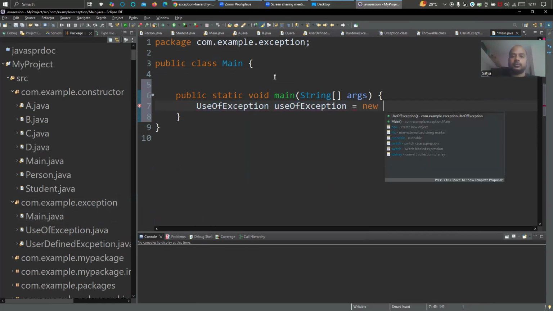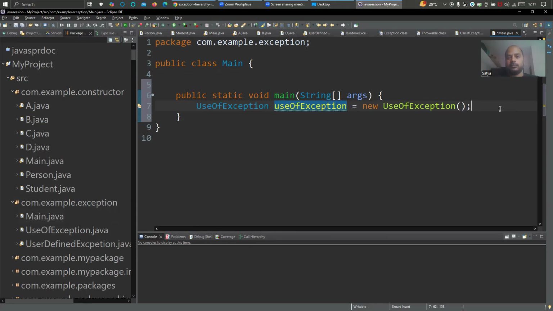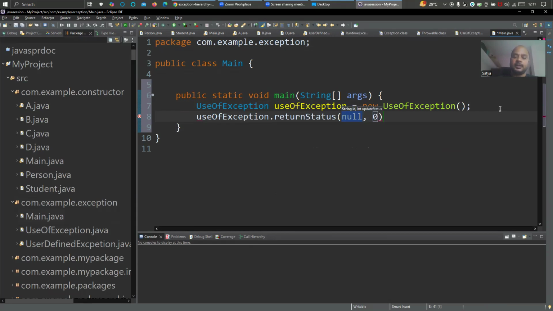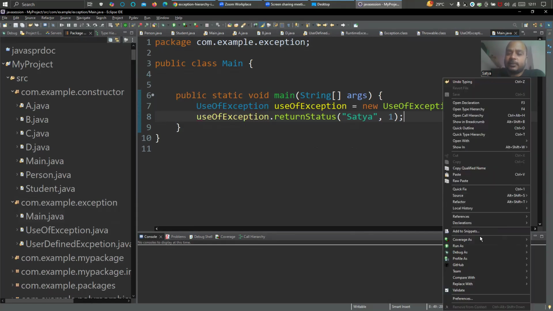equal to new, then dot return status is the method, right? I'll pass a string, something. This value doesn't have any meaning, so don't think about that. I'm saying status one or something, update status as one, and I'm calling this class. So what happens? Let's see. Now run this method. What will happen? You see,